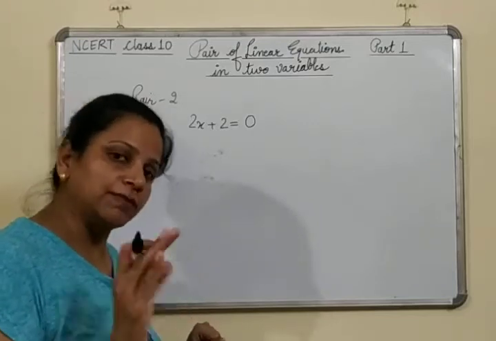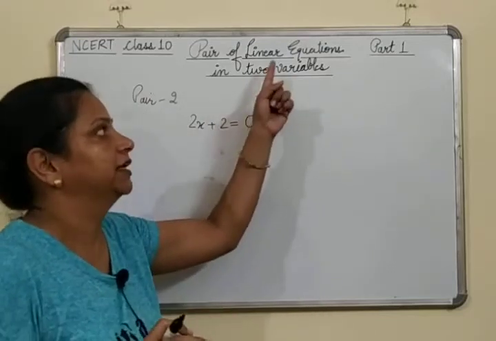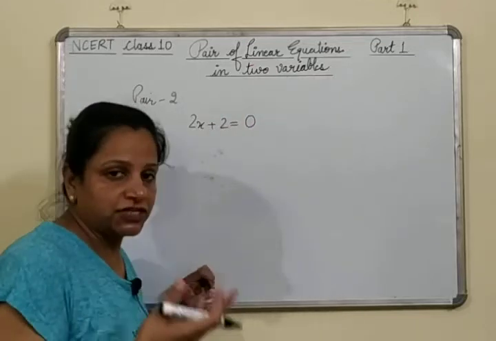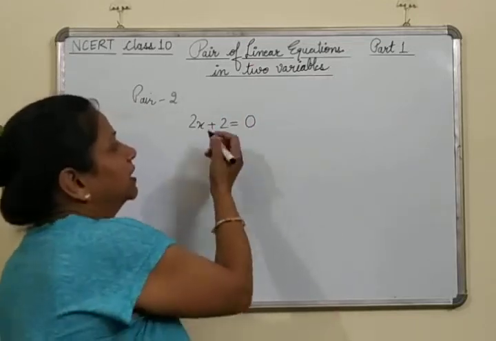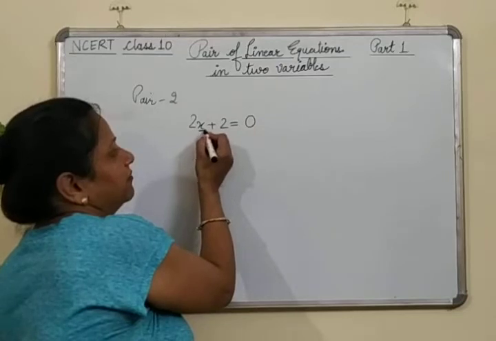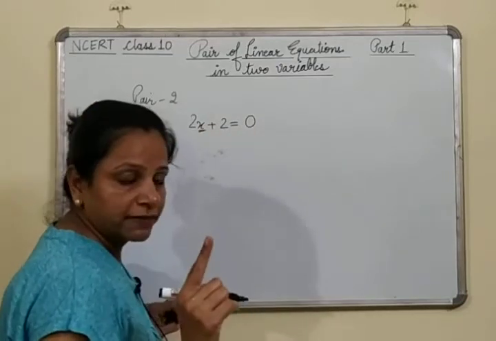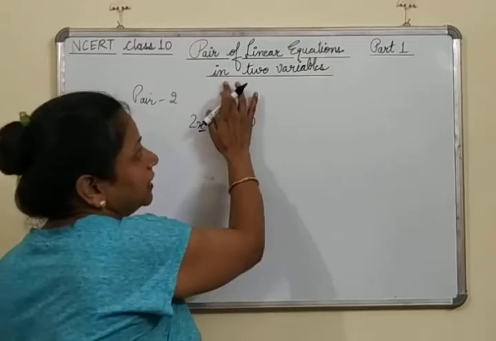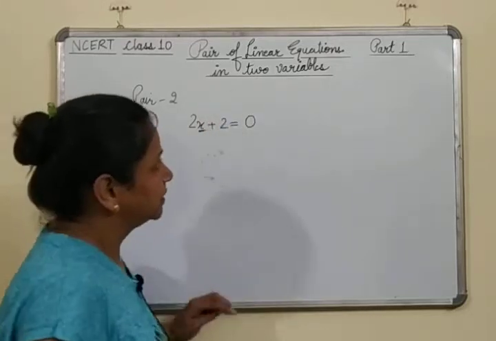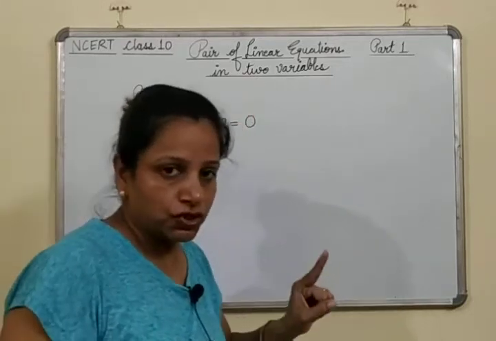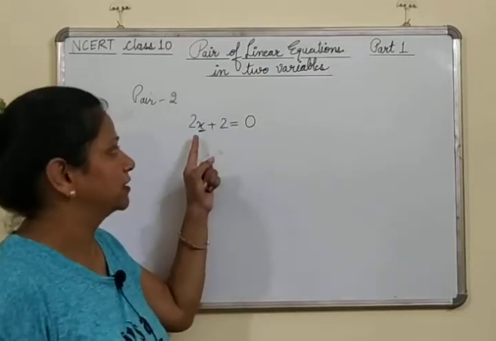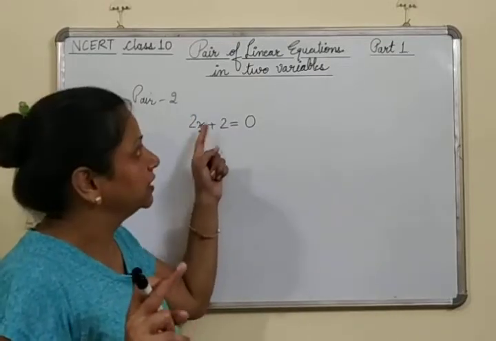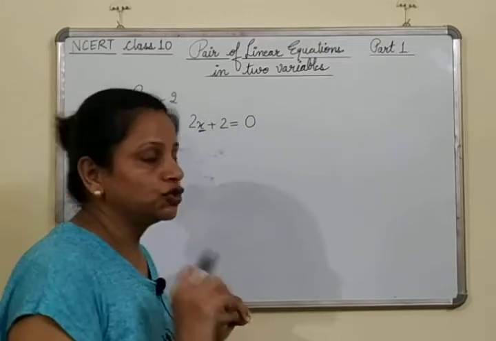We have already done everything before, we know what linear equations are. But just a quick review. Linear means whenever a variable has degree 1, then we call it a linear equation. Then it is in two variables, which means there should be a linear equation, but in this equation there is just one variable. We need a linear equation where there are two variables.